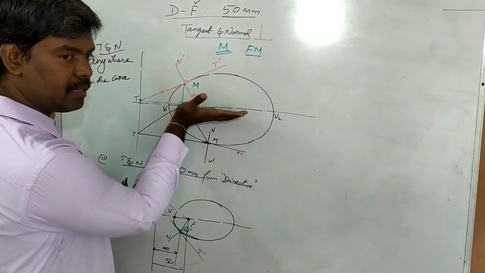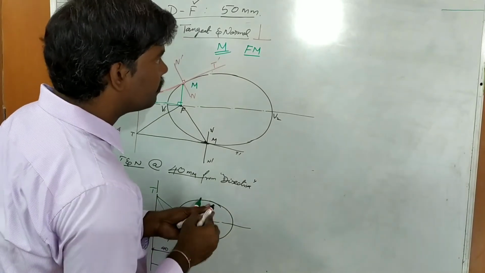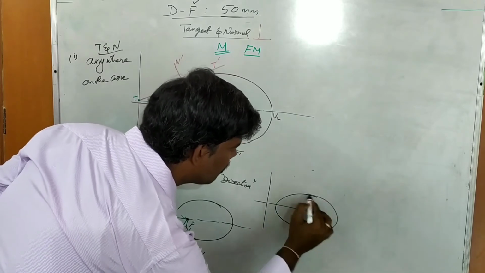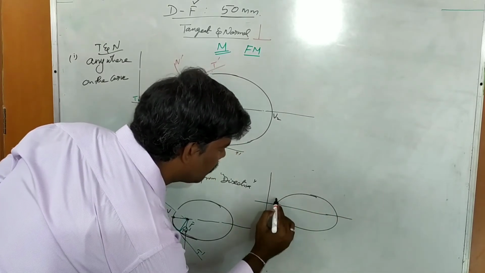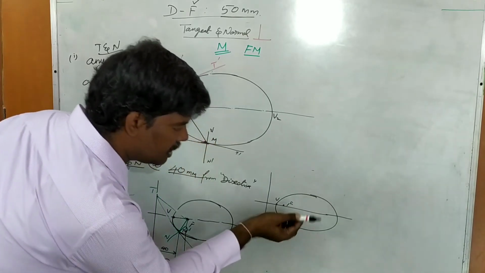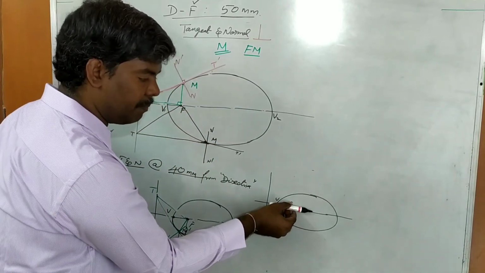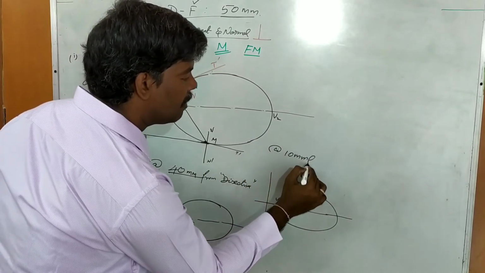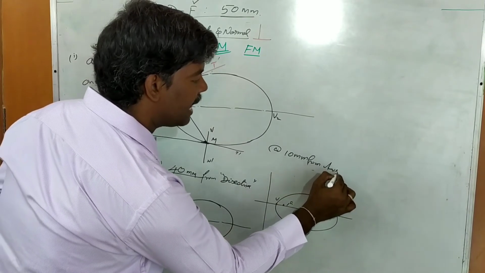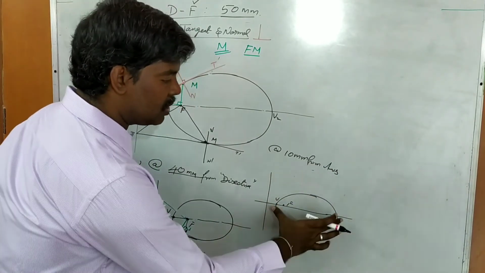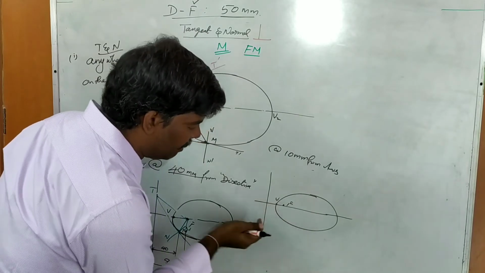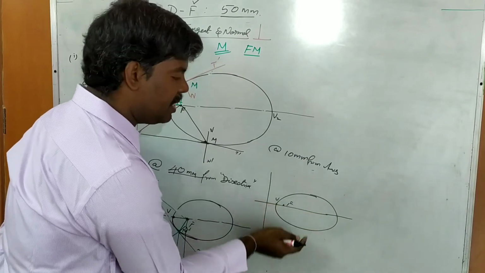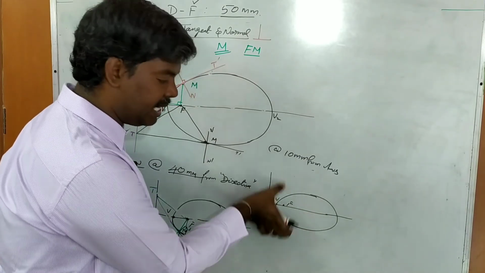Similar procedure in case 3, from the axis. So this is the axis. This is the axis. So this is the axis, major axis. For example, draw tangent and normal at a distance of 10 mm from the axis. So here the axis is nothing but the default major axis. So this one, major axis. So therefore 10 mm from the axis means, the axis is a horizontal line, here the major axis in this diagram. Therefore from means only the y distance, vertical dimension.